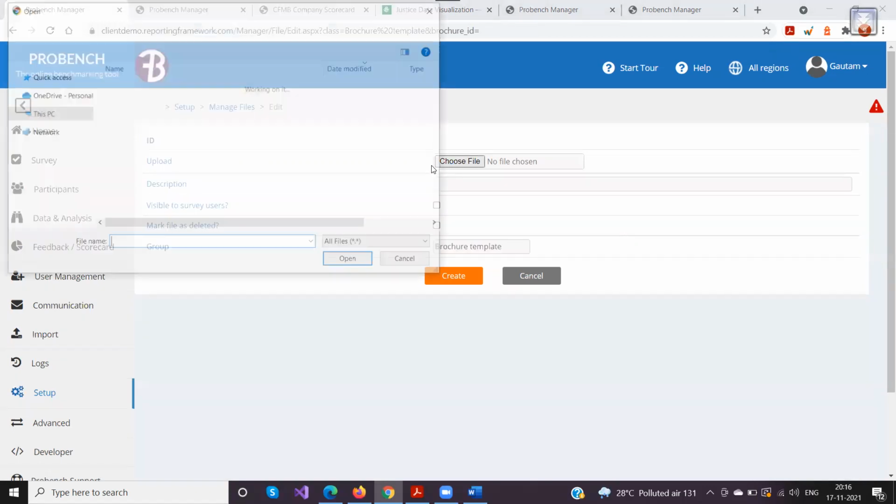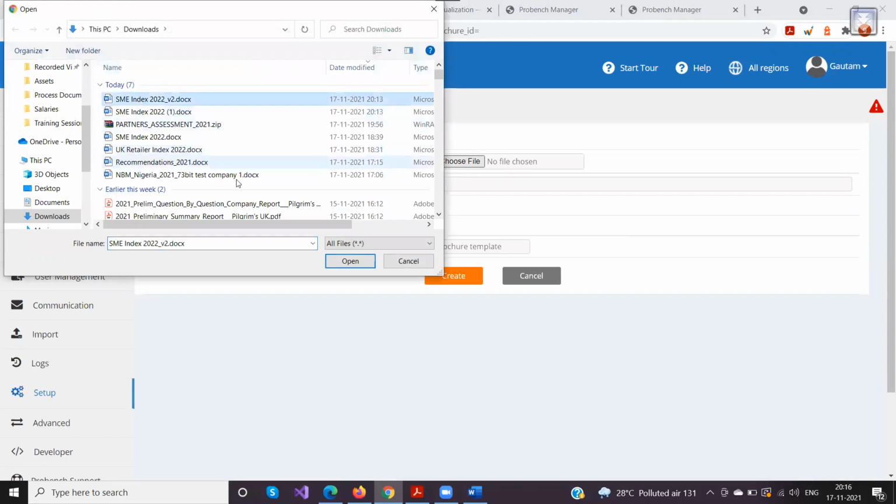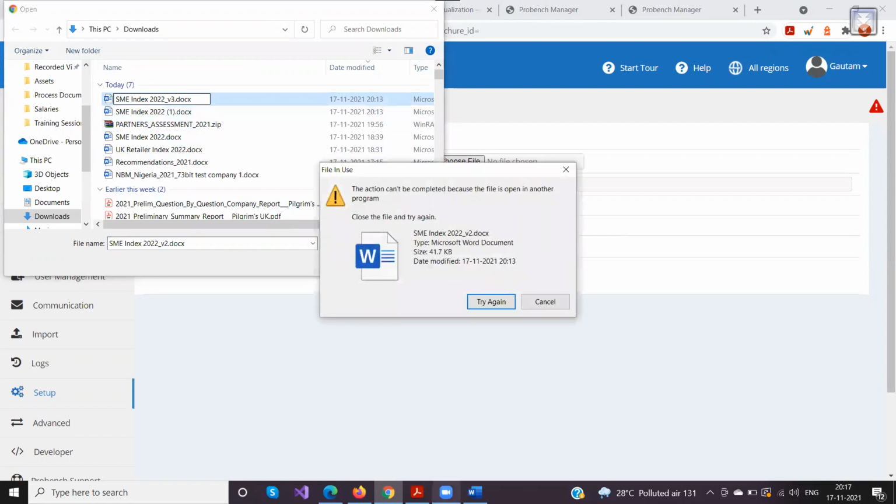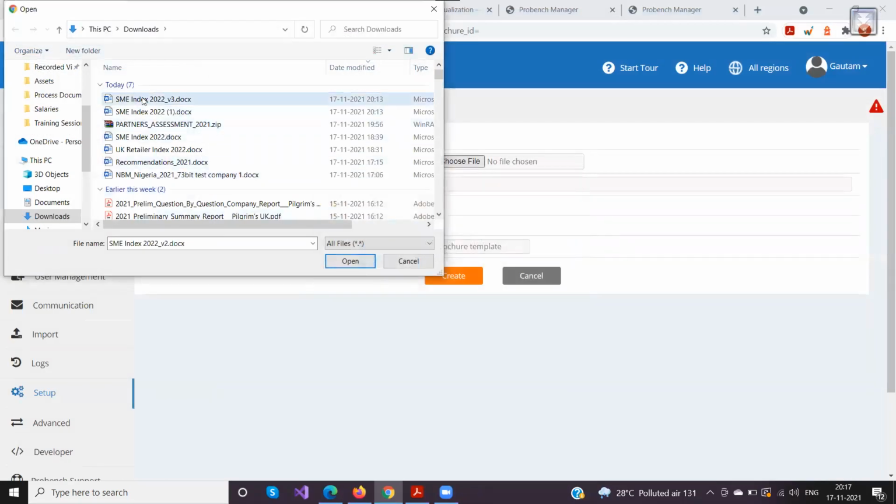Now I choose a file. I'll select the same one. Let me rename it to V3. Or maybe it's open, so I'll close this. Now it's V3, and I click on open.